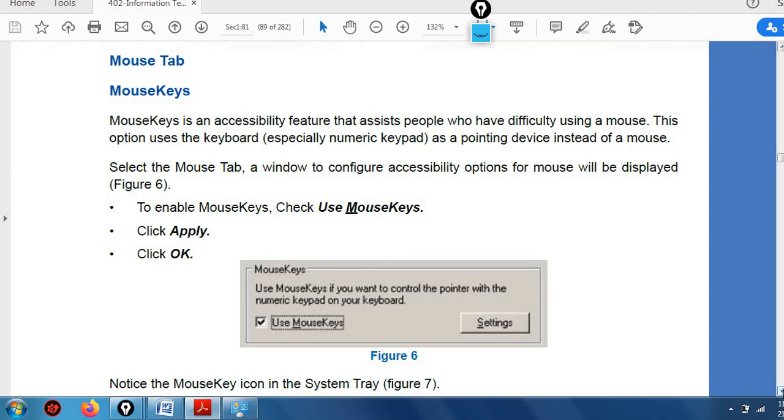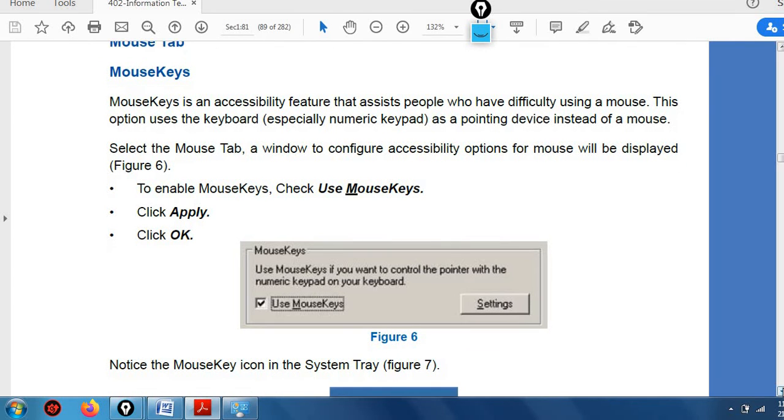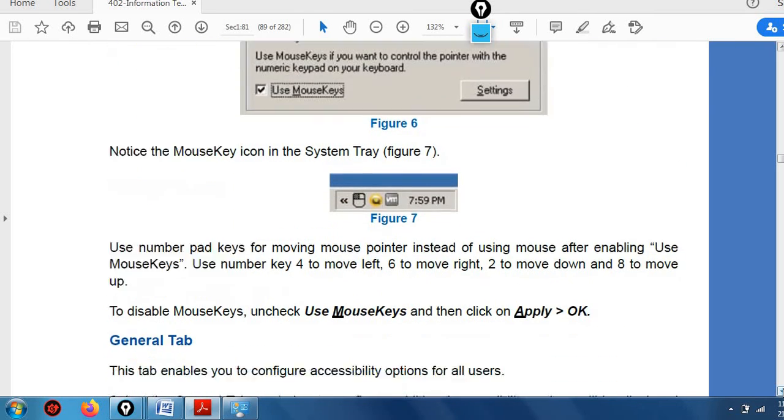So select the mouse tab, a window will appear. A window to configure accessibility options for the mouse will be displayed. Mouse keys icon in the system tray.